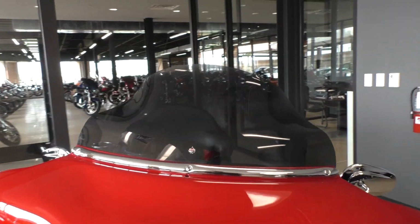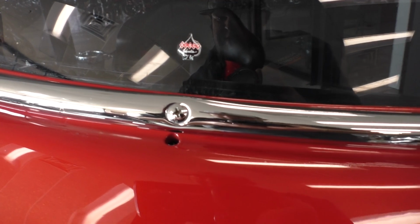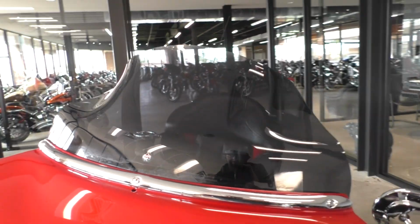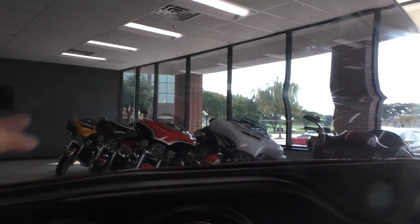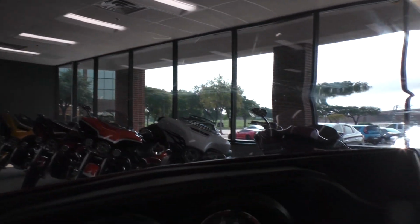It's got a Clockworks tinted windscreen. There's a hole right here in the fairing. I'm not sure if that was an old mounting spot for the trim or what's going on there. There's a light rub mark on the inside of the windscreen. I'm guessing they probably had one of those 3-pouch or leather pouch setups right here. It's not real noticeable, but